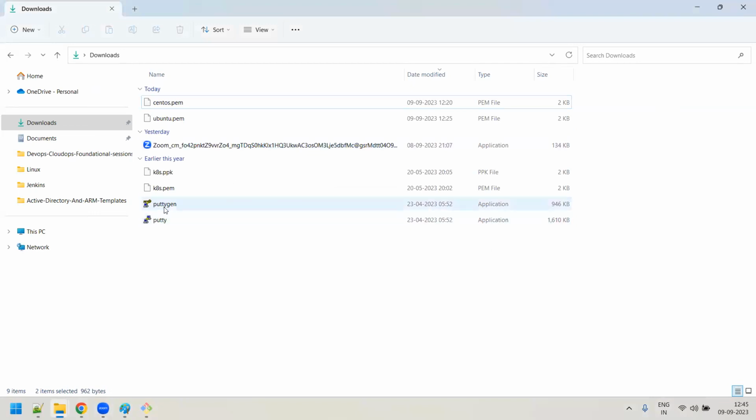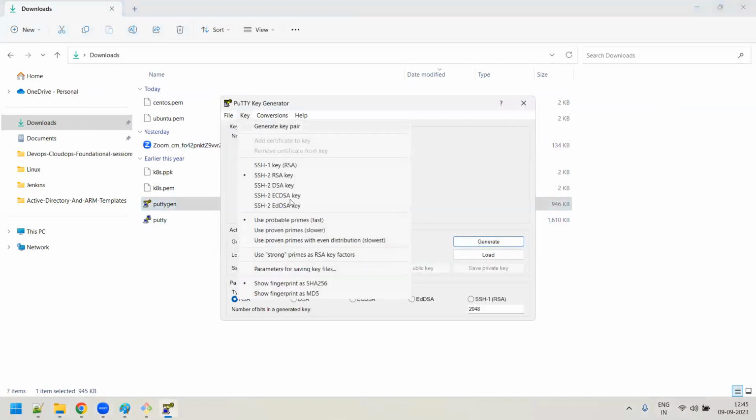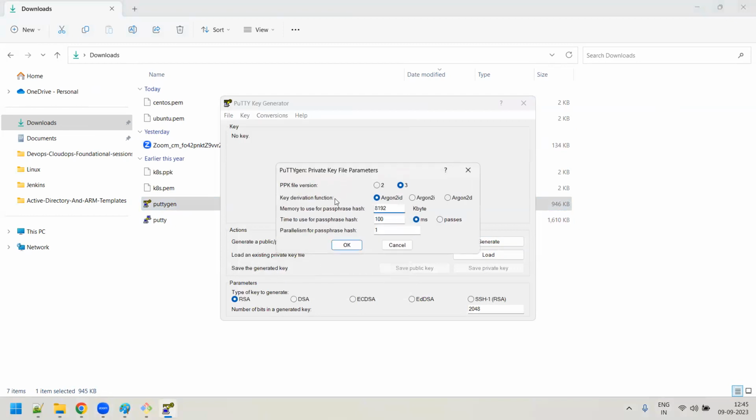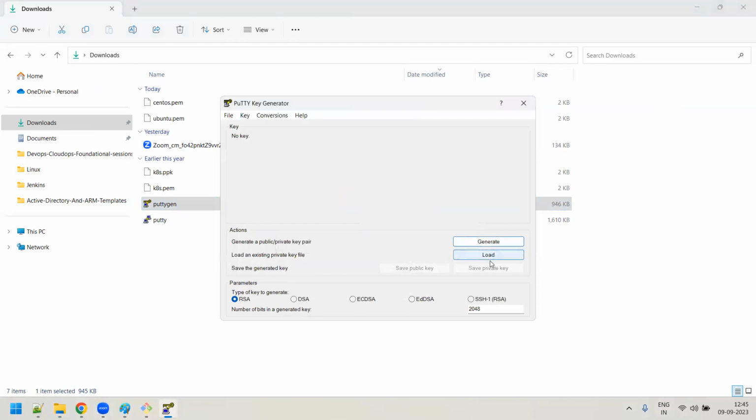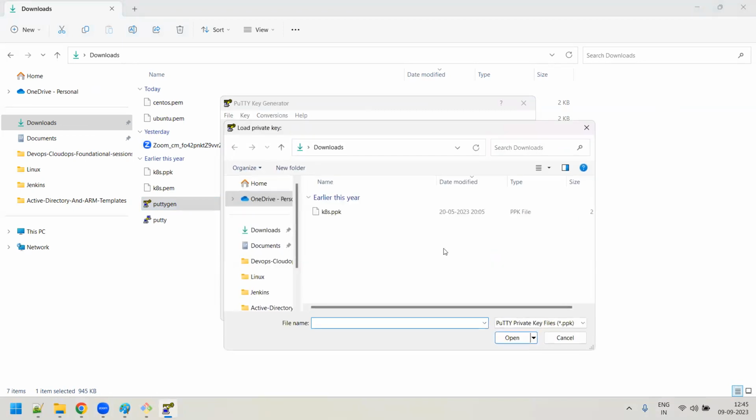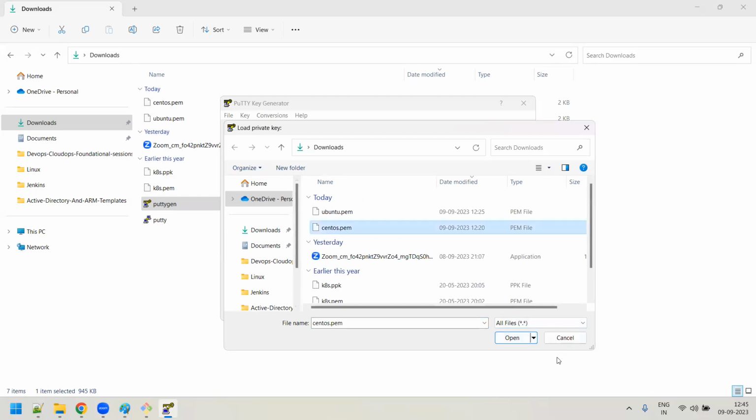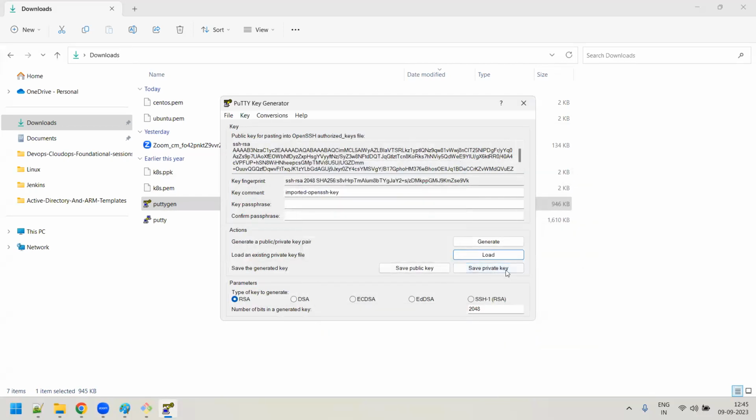So I'll launch PuTTYgen again, go to Key, and under the parameters for saving key files, select the ppk version as 2 and press enter. Okay. Click on Load, select all files here, and select the CentOS.pem file. Save it as a private key, not the public key. Save it as a private key.